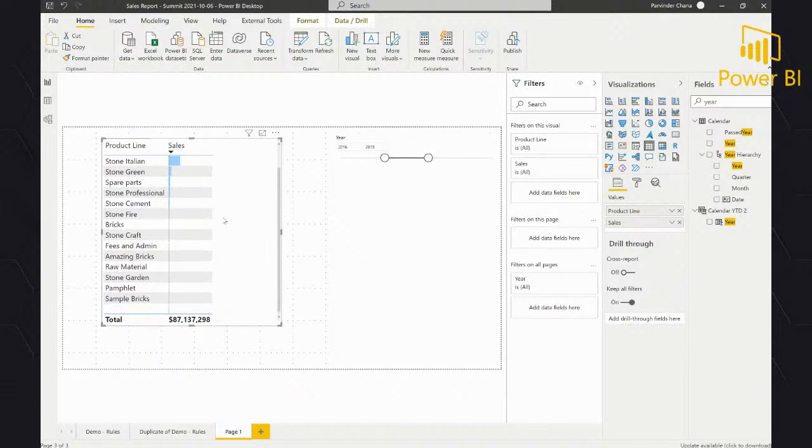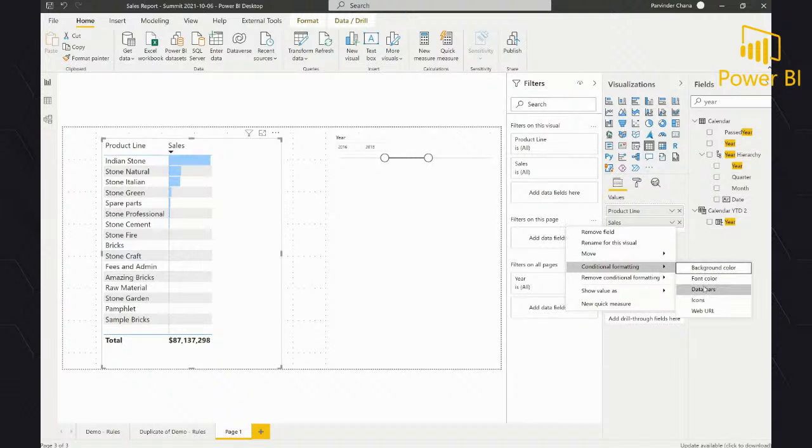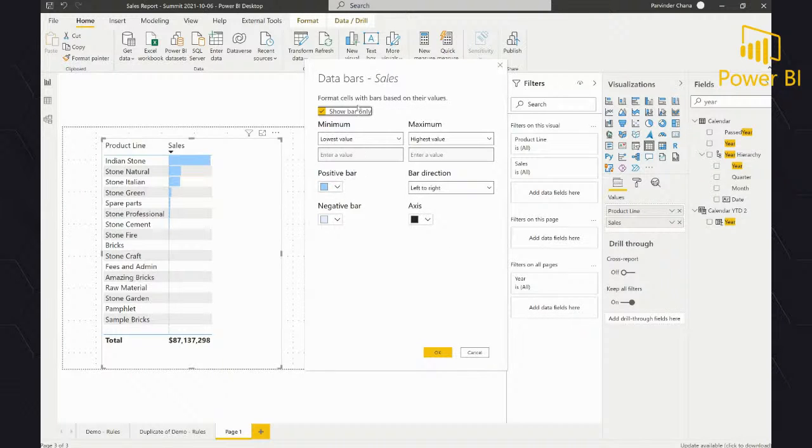So now it looks like a visual, and then you can actually have the bar chart and turn off the values. One thing you have to be careful with the data bars is that you cannot set a color scale in here. You can't say, okay, if it's less than certain values or range, you can't define the bar color. Basically, whatever you pick and choose here when you're doing the data bars for your visual, that's pretty much what you can pick, like what my color is, but there's nothing much you can do about it.